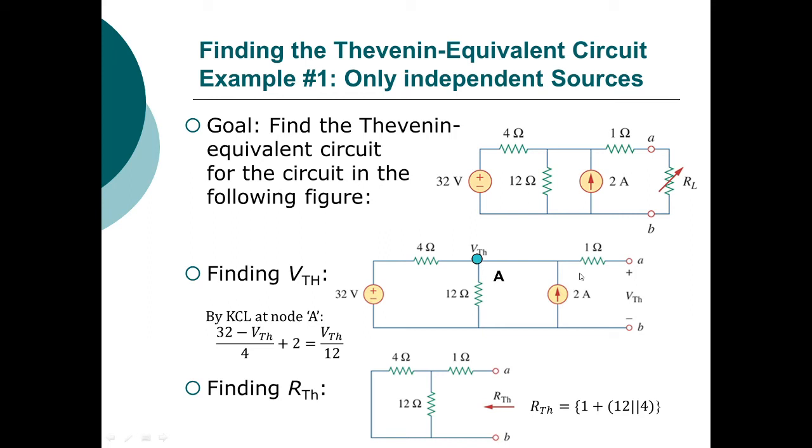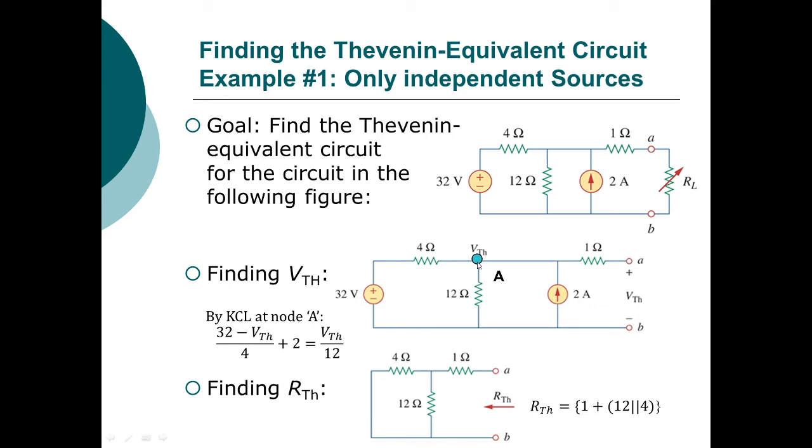Now see, as this is a current source and this resistance is just connected at this terminal, no current can flow through this resistance, so whatever voltage appears at this terminal will be the voltage appearing across these terminals. So the voltage at terminal A will give us the voltage across the terminal AB, that is our Thevenin equivalent voltage.